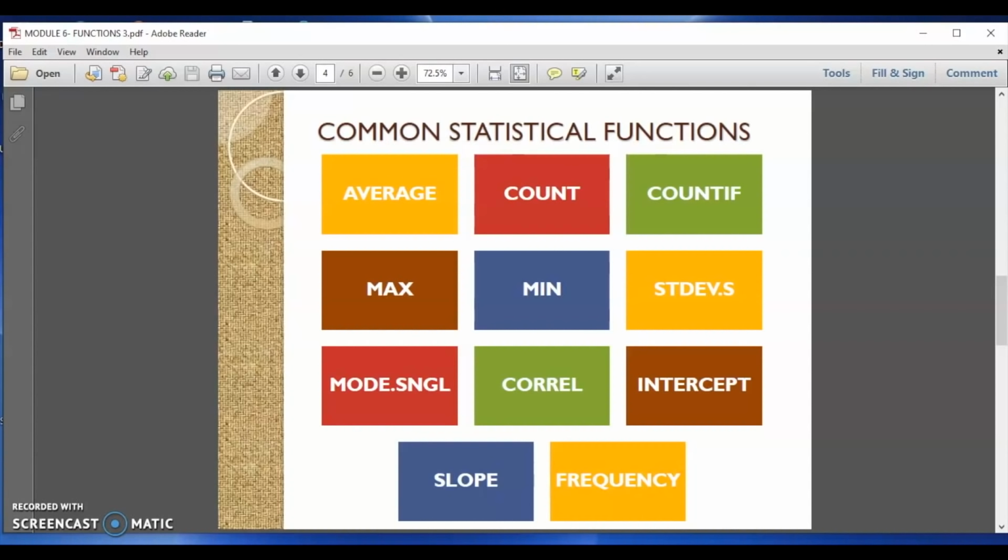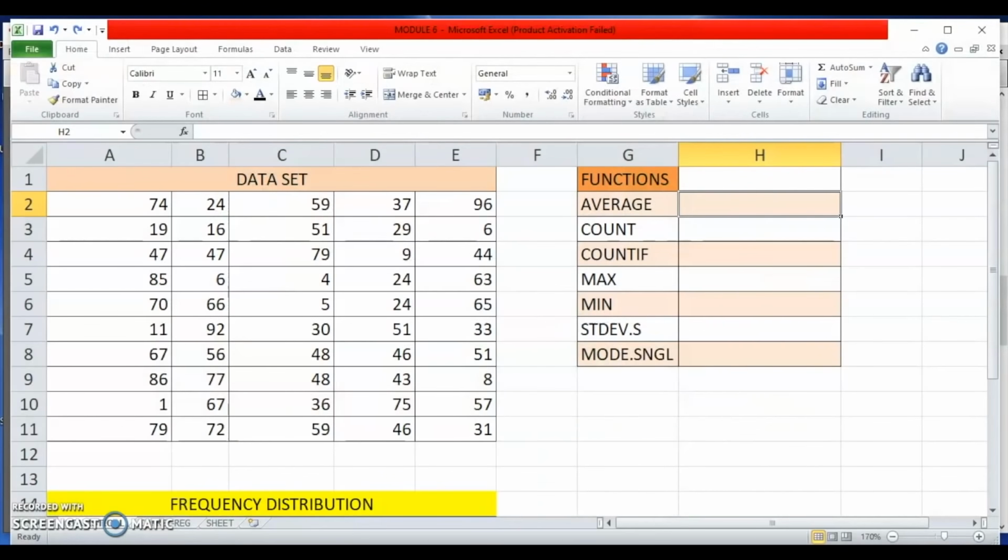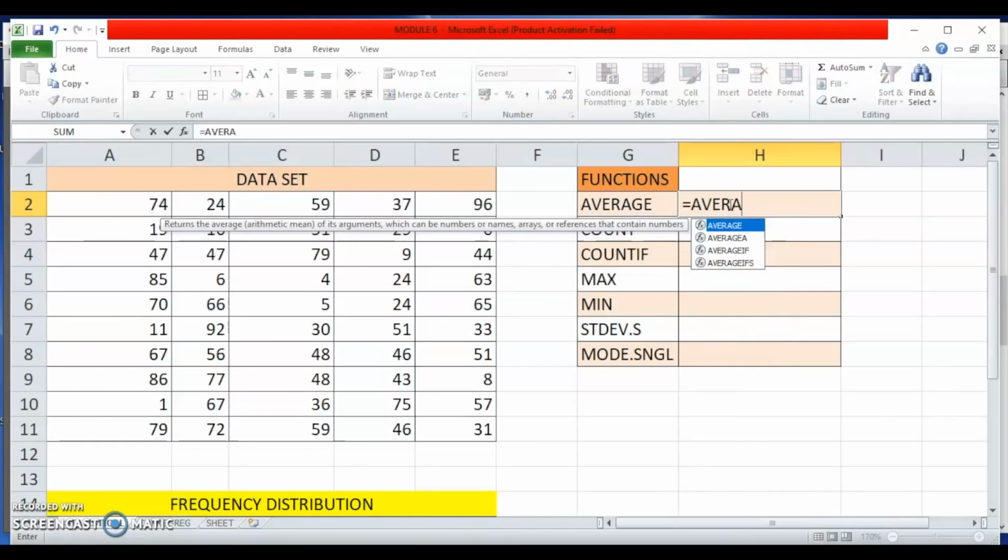Now let us see how this is done with the help of some examples. Now you can see my Excel sheet. I have already generated 50 numbers as my data set and we will be performing these functions on this particular data set. Let's start with calculation of arithmetic mean. The function that we use is average. I type equal to average